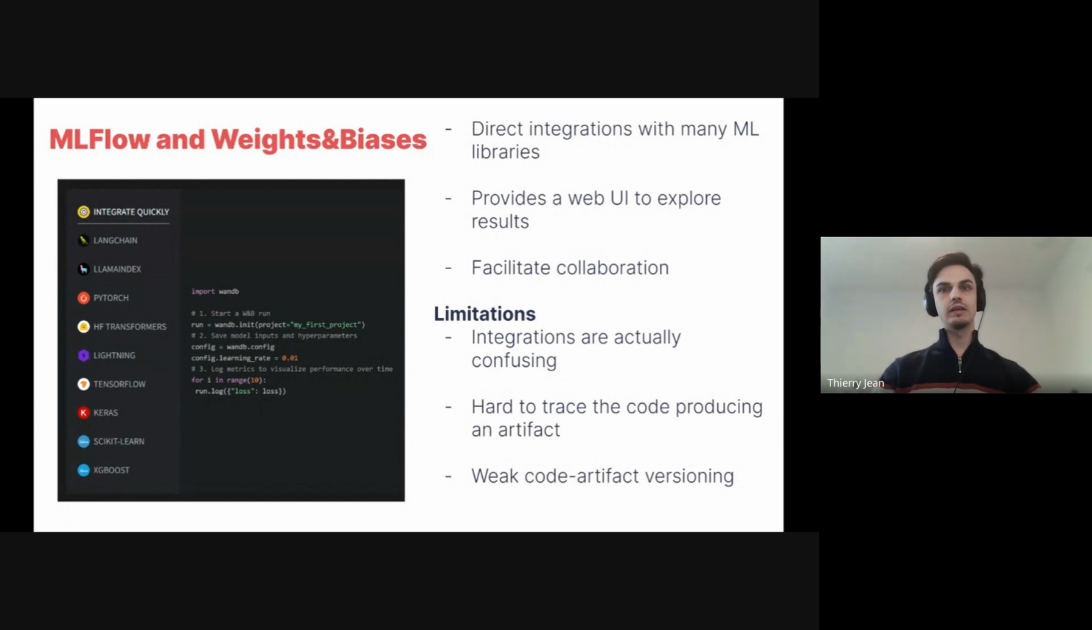And the thing that I found weak, and I find it's not addressed by these tools, and they could, is that it's quite hard to find the code that produced the artifact. Yes, you have the dashboard, you have nice visuals, but what part of my code produced that? You need to manually seek for it. And there's some